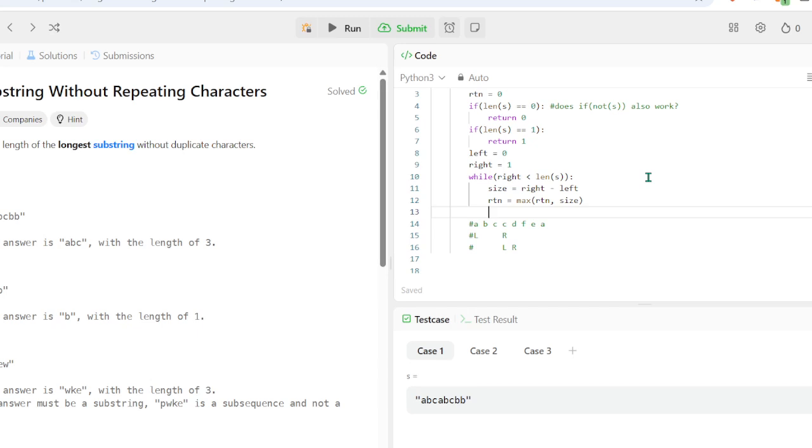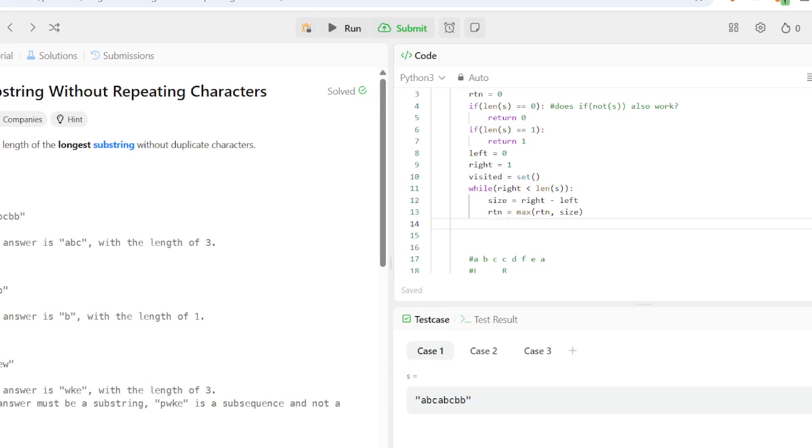Then I think what we need to do is create a set. So visited equals set. I think that syntax works.